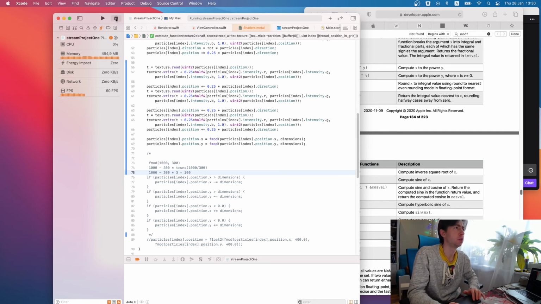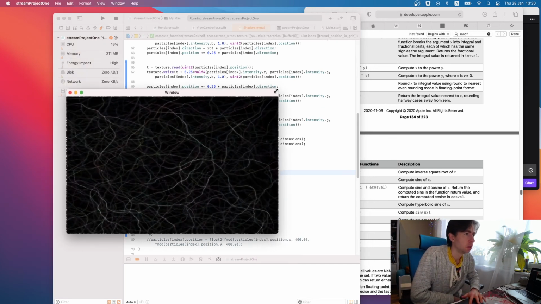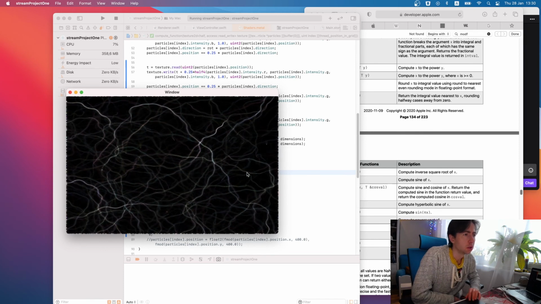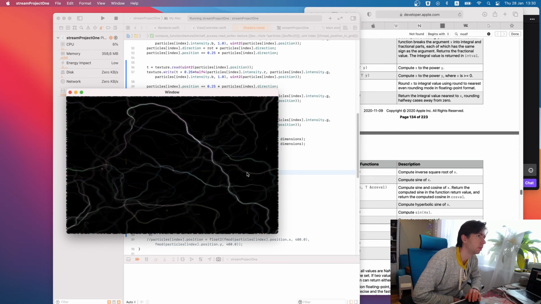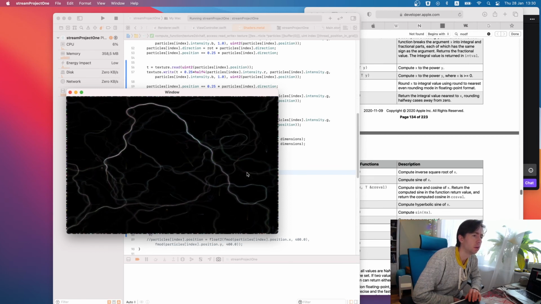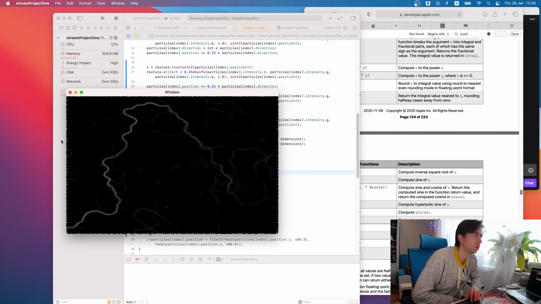Actually, let me check this particles behavior one more time, because it looks like... no. Oh, they do it right.